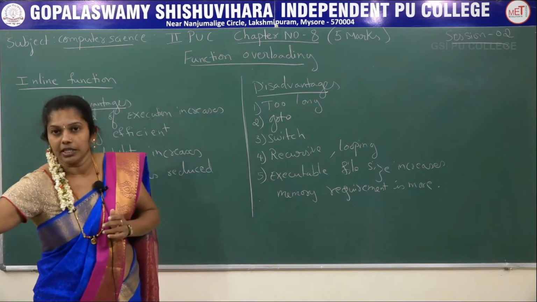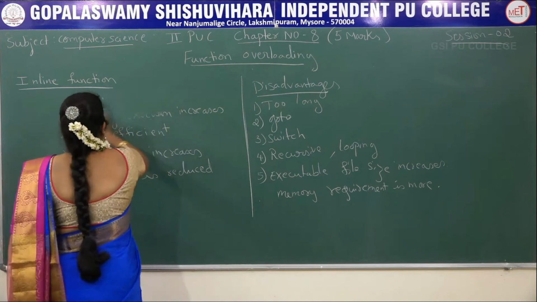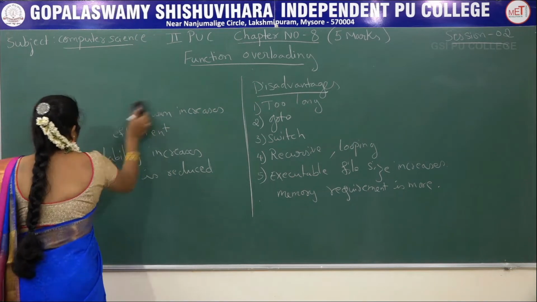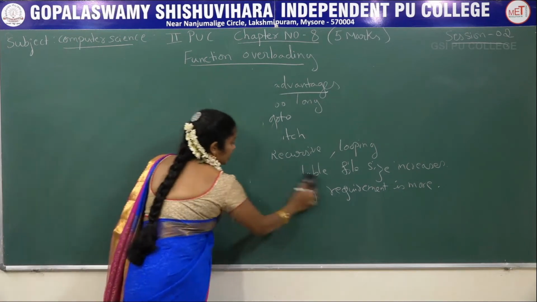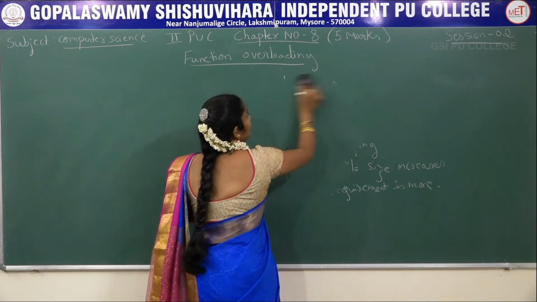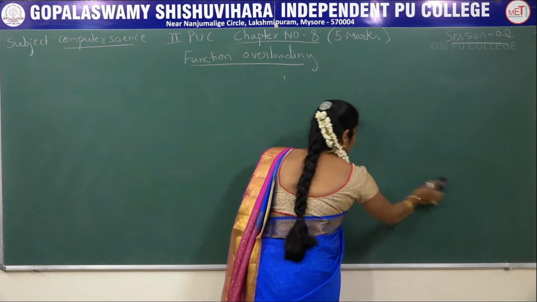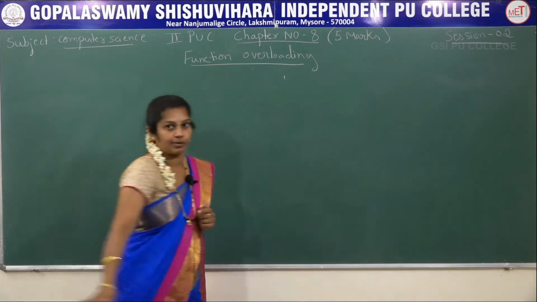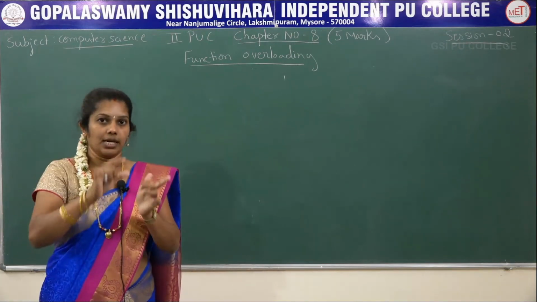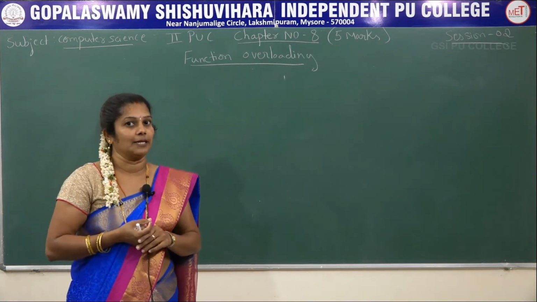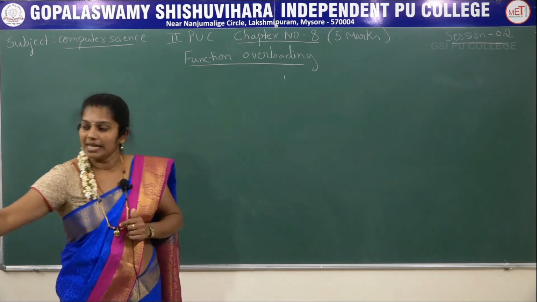Now we will explain this with one example program. Already you have come to know how to write the general syntax for an inline function. That is, first we use the keyword inline, then next we write the return type specifier, function name, then arguments, then inside the class only we write the statements here. That we want to explain with an example program.